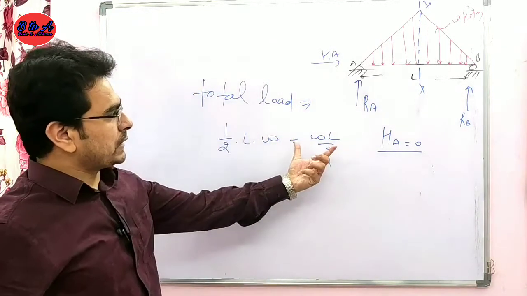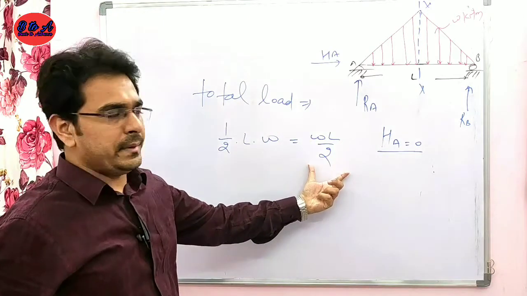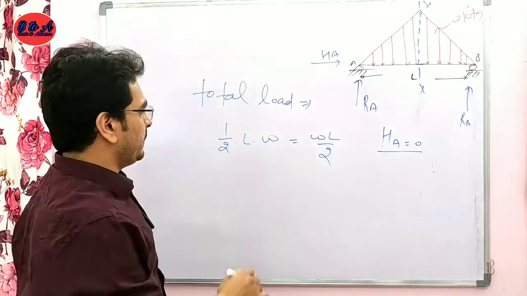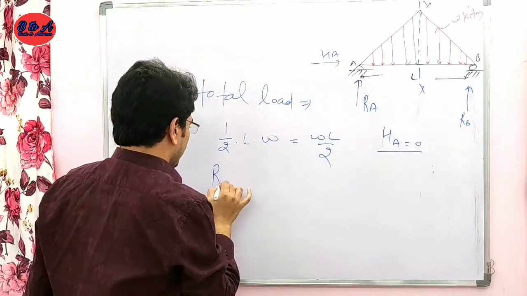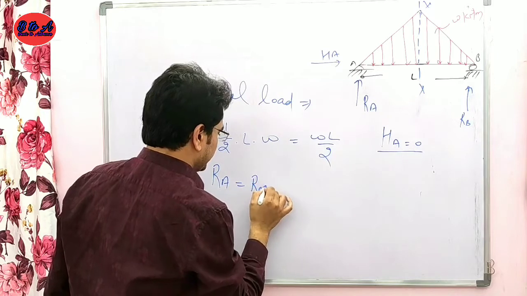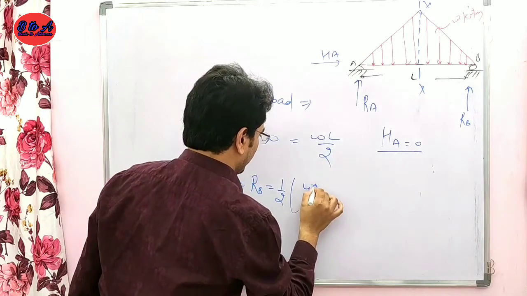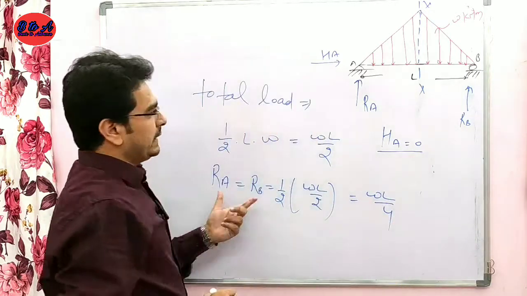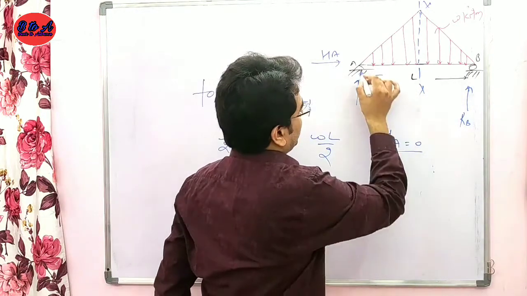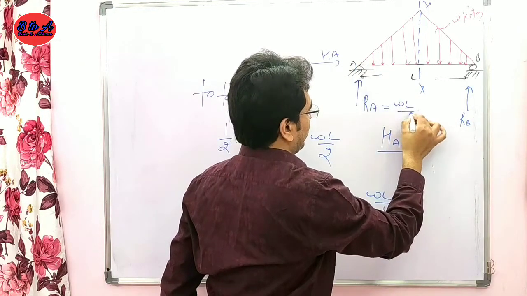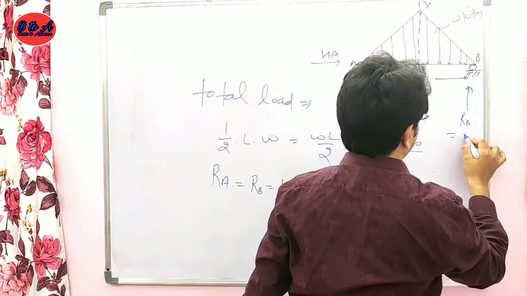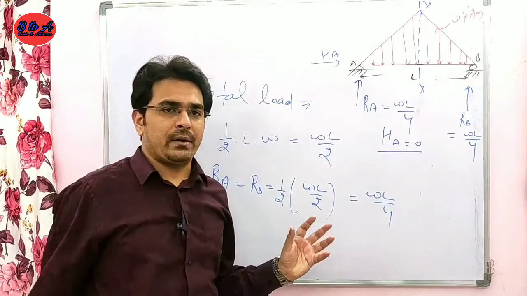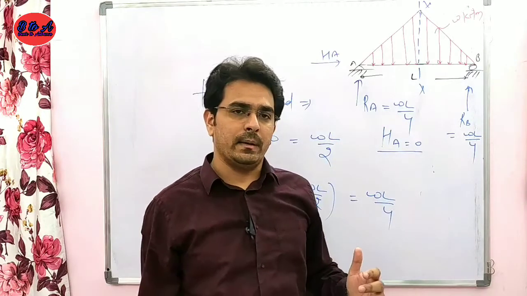So now this total load, that is the WL by 2, will bear by this support and this support in equal amount. It means RA is equal to RB is equal to 1/2 of WL by 2. It means WL by 4. So the reaction at point A will be WL by 4 and the reaction at point B is equal to WL by 4. So there is no need of calculation of this type of the numerical problems if we have